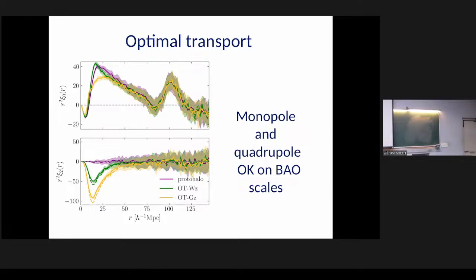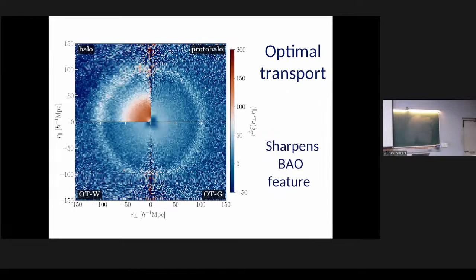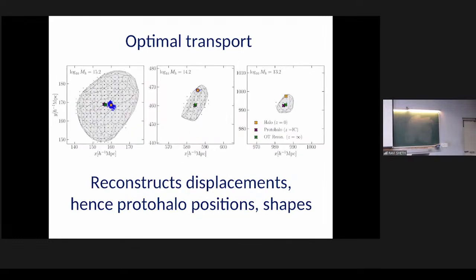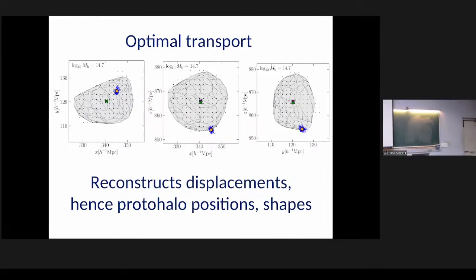So you have to remember that. What you have from optimal transport is, for each particle, its displacement, which is proportional to its velocity. So you want to take the divergence of the velocity, and the correlation function of the divergence of the velocity is the linear theory correlation function. That you can do without randoms, so you can save quite a lot of time.